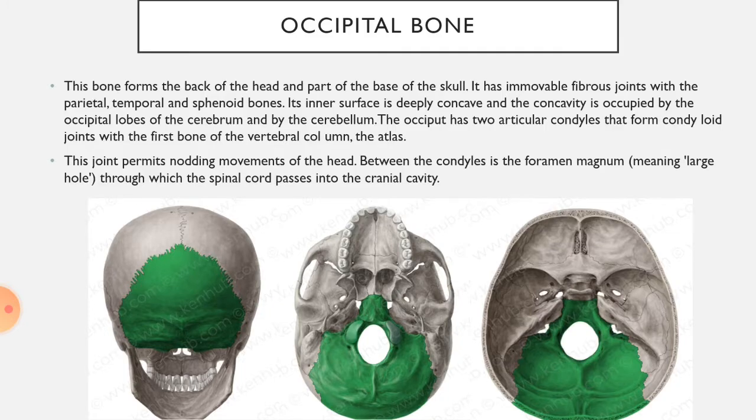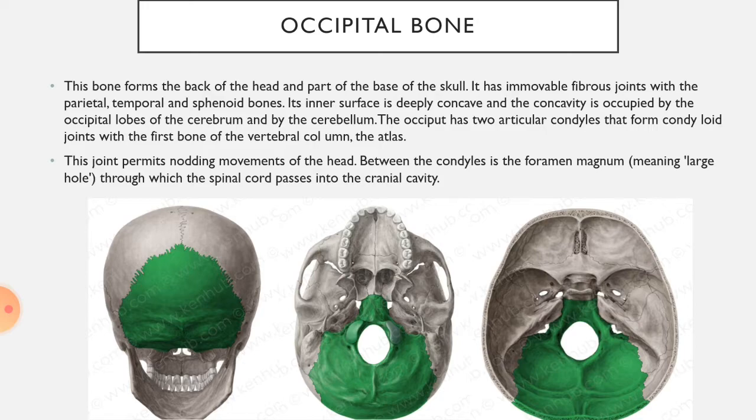Next is the occipital bone. This bone forms the back of the head and part of the base of the skull. It has immovable fibrous joints with the parietal, temporal and sphenoid bones. Its inner surface is deeply concave, and the concavity is occupied by the occipital lobes of the cerebrum and by the cerebellum. The occiput has two articular condyles that form the condylar joints with the first bone of the vertebral